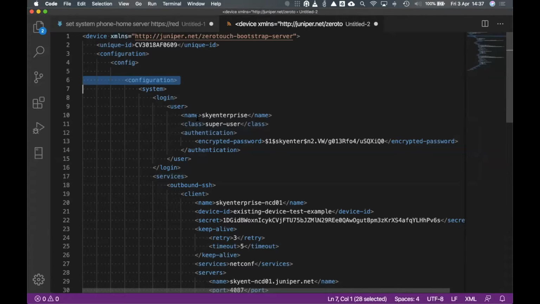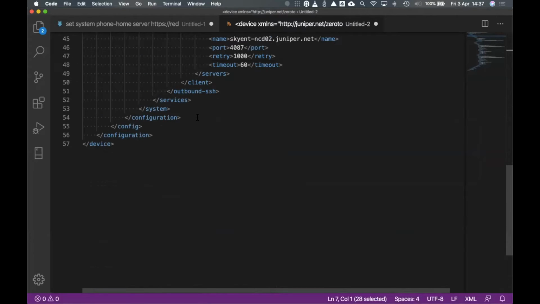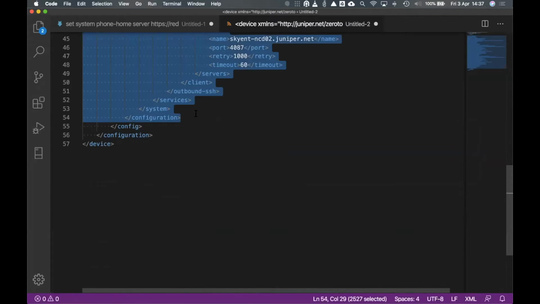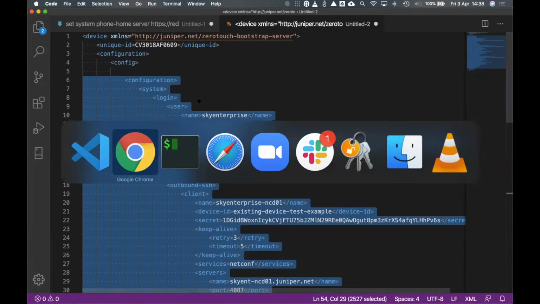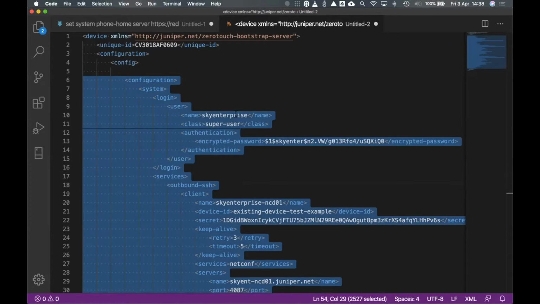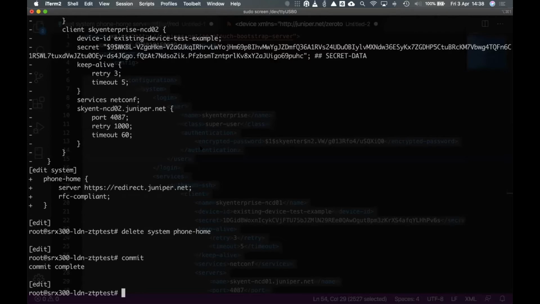So we've got the inner configuration tags. We've now got a valid XML configuration. I'm just using a text editor here to make life a little bit easier for everybody to see. I've now got that copied to my clipboard, and on the SRX,